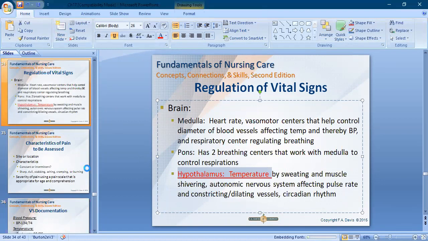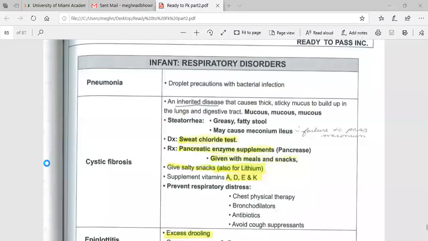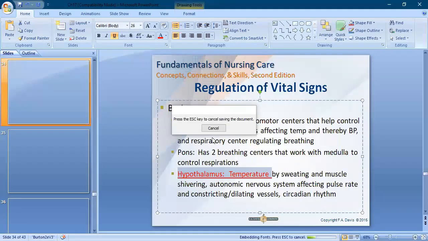Then go to the next one here. Oh, what happened? Okay, so